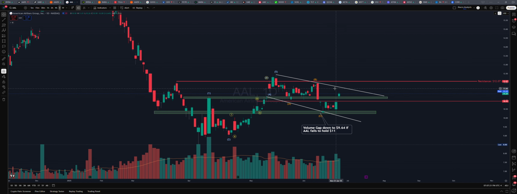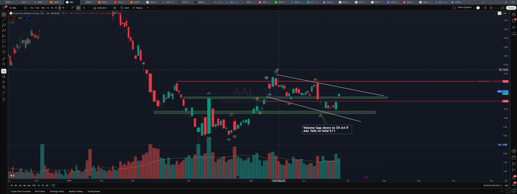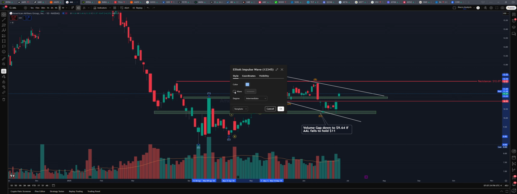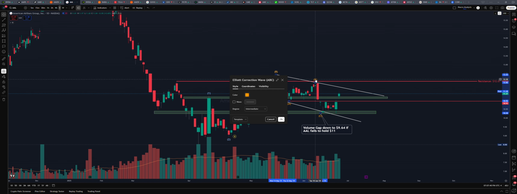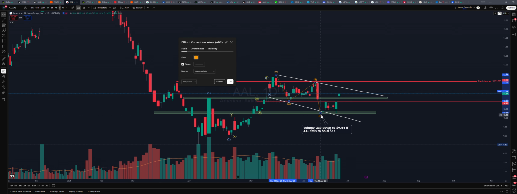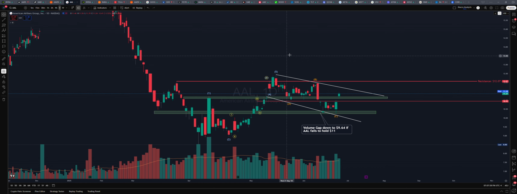Very bullish, bull flag, and we're holding this level here. We can possibly see a break. I like the volume, like the momentum that's going on with American Airlines right now. We had a 5-wave move to the upside, which you can see here, and we had an ABC correction to the downside, which you can see here, right over here. So we'll just use that as an ABC correction to the downside. Yeah, so I like the setup on American Airlines. This is one of my favorite setups right now.